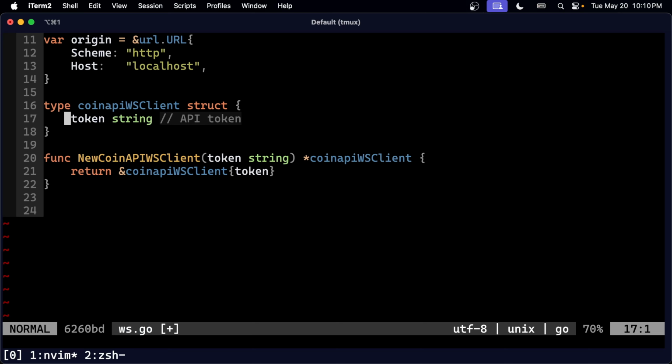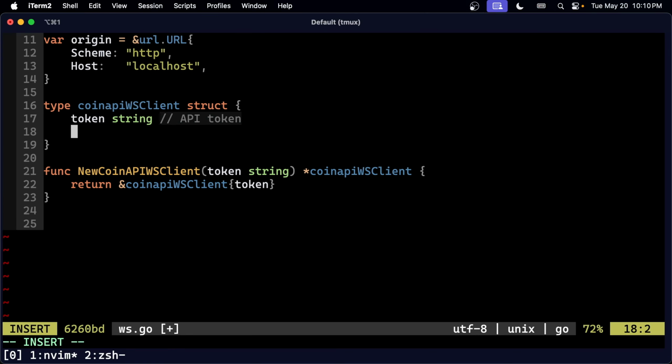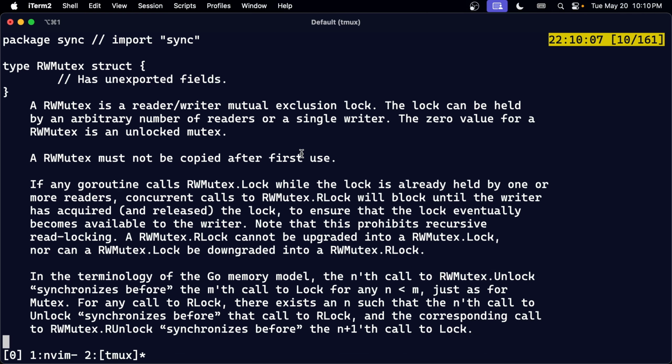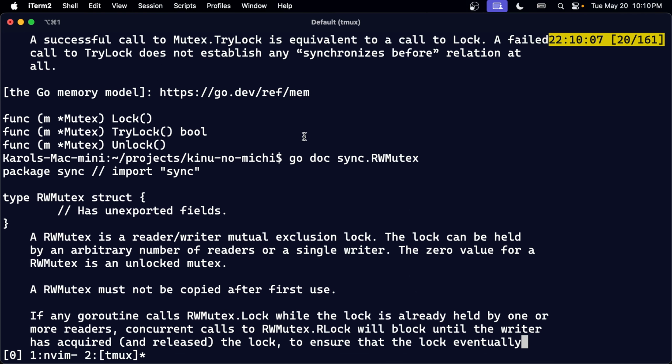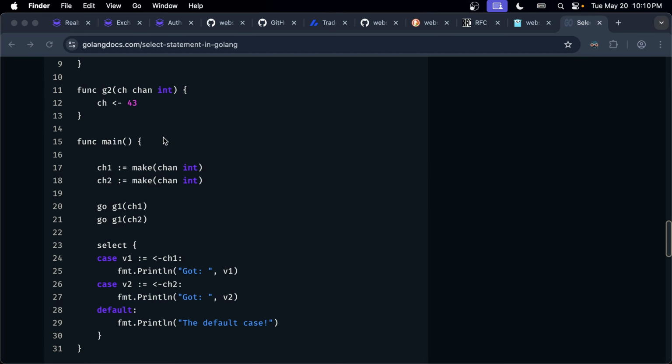Yeah, we just want the latest. How do we initialize a mutex? The zero value for an RWMutex is an unlocked mutex. Okay, so